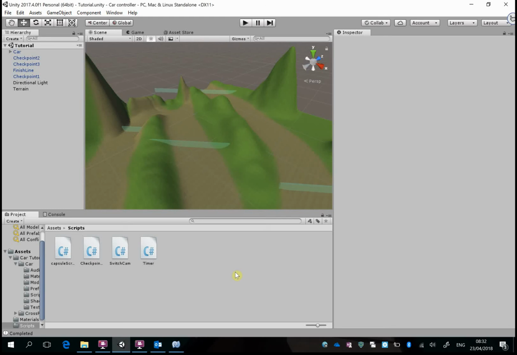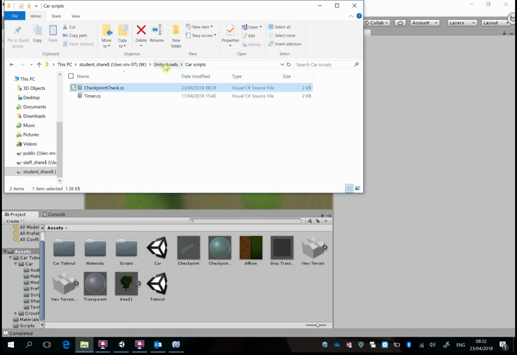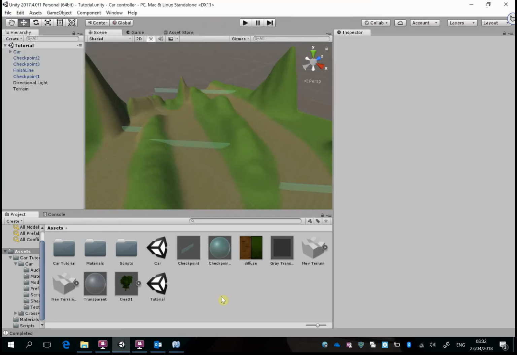Okay, so let's have a little look at how we can make these checkpoints do something. Now, I've already got these scripts that I need in here. But if you go to the Unity Assets folder and get the car scripts folder, you can drag them into here, and that'll be perfectly fine. So you open your car scripts folder,